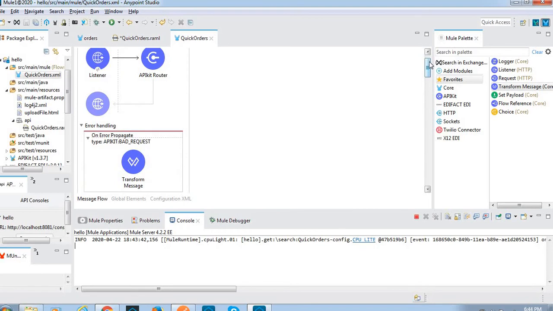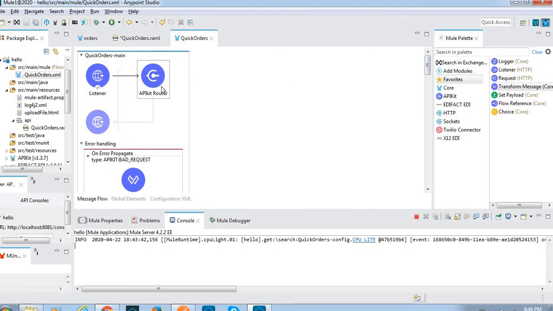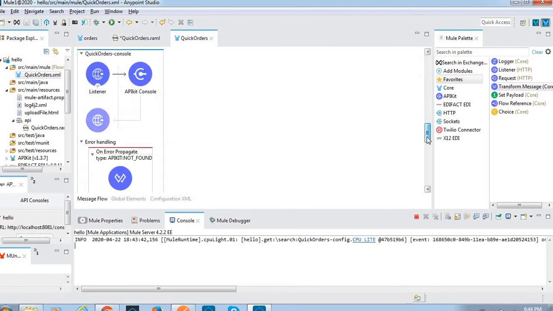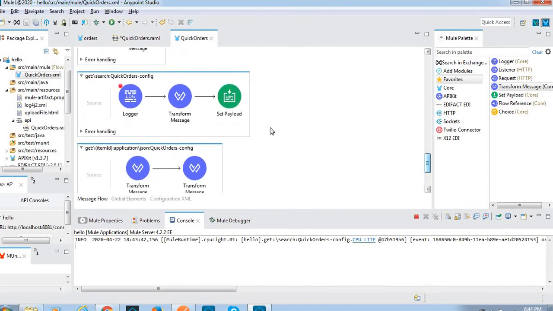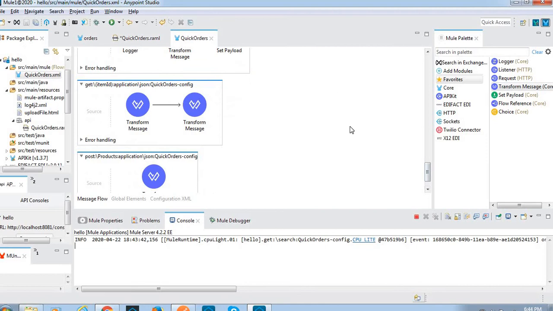First the initial call will come to the API kit router, then the specific resource would be called. If it is a search, we'll call search. If it is a products, we'll call products. Okay, now we are able to see, right?